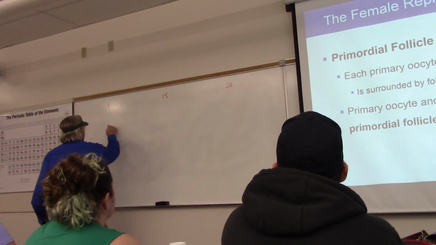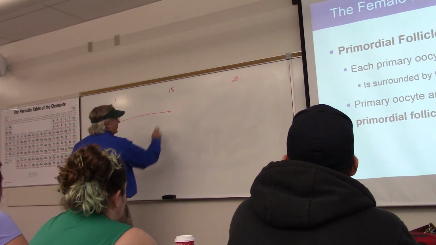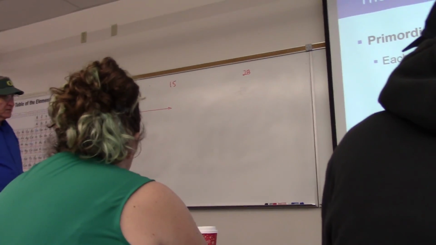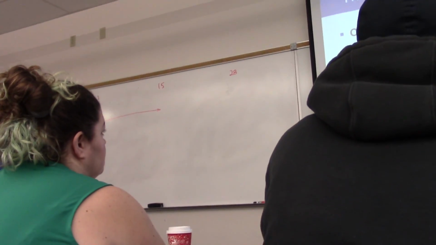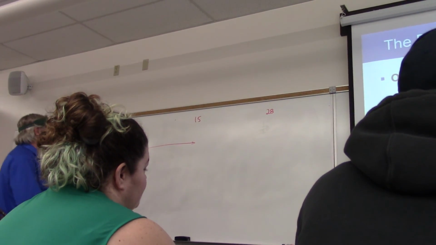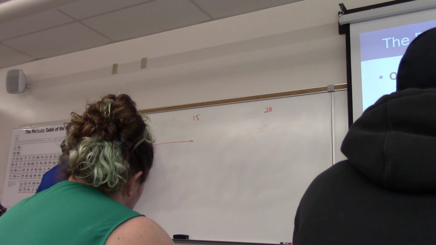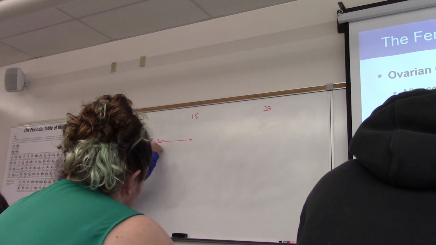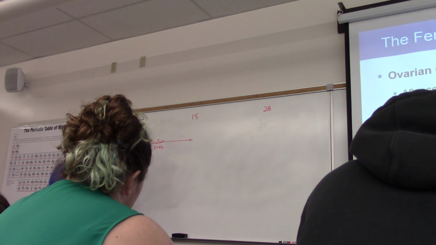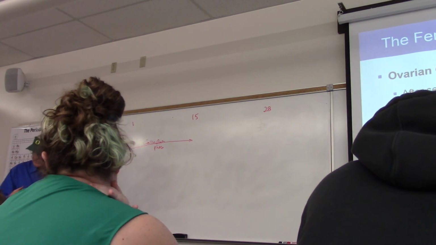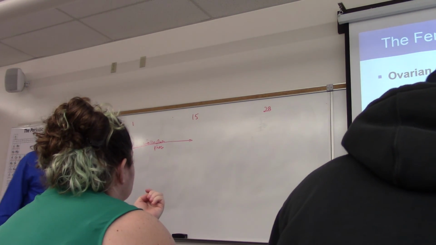But this first half of the ovarian cycle is called something really important, the follicular phase. And that's where the follicle is being prepared. More fluid is pouring into this follicle. More follicular cells are pouring into this follicle. And then the second